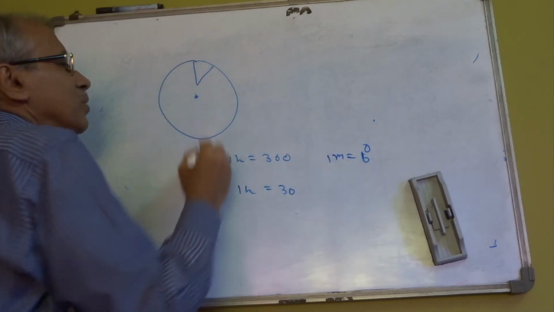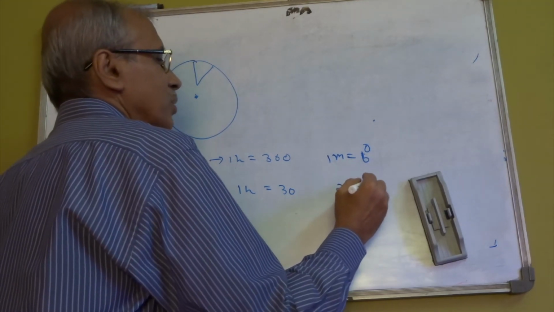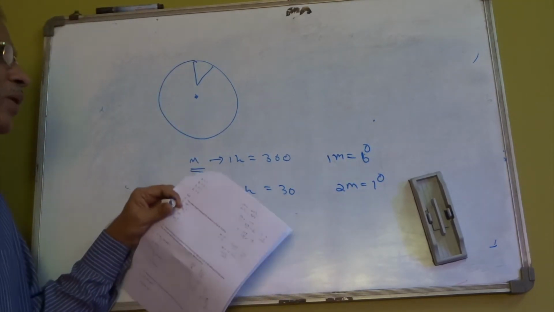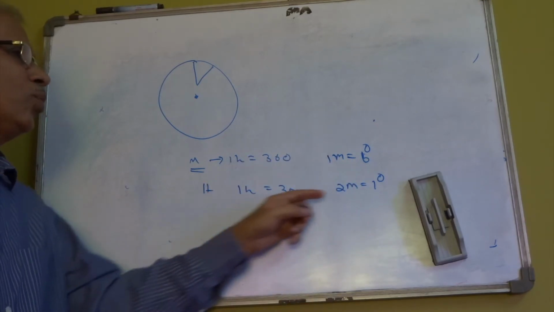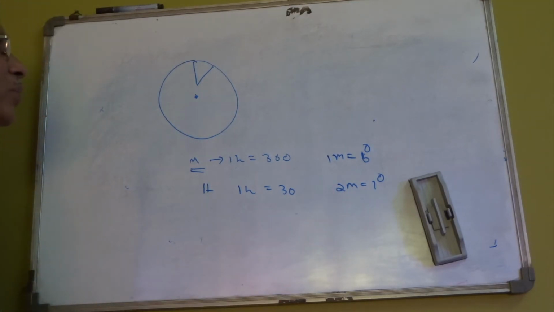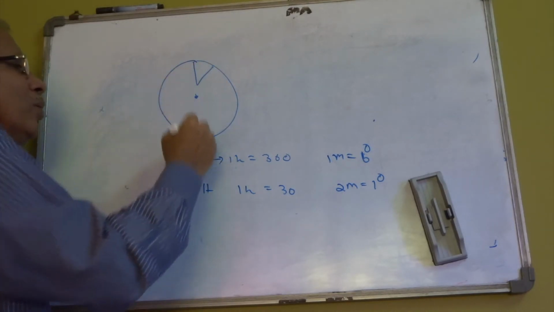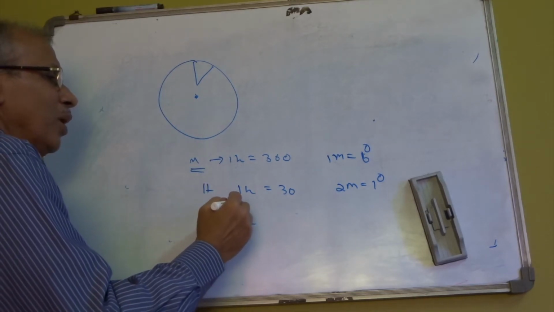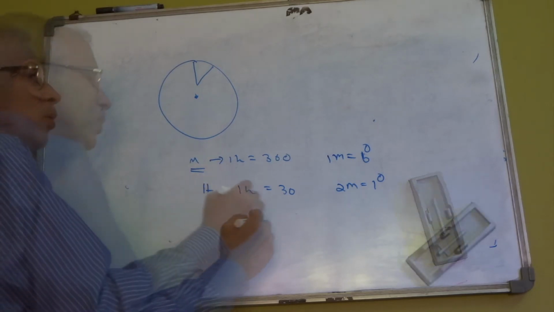It covers only 30 degrees, 1 by 12. So in 2 minutes it covers 1 degree. So remember this: the minute hand in 1 minute covers 6 degrees, whereas the hour hand in 2 minutes covers 1 degree. And one more thing that we should always remember is, when both the hands are moving, in 1 hour the minute hand covers 60 minutes, whereas the hour hand covers